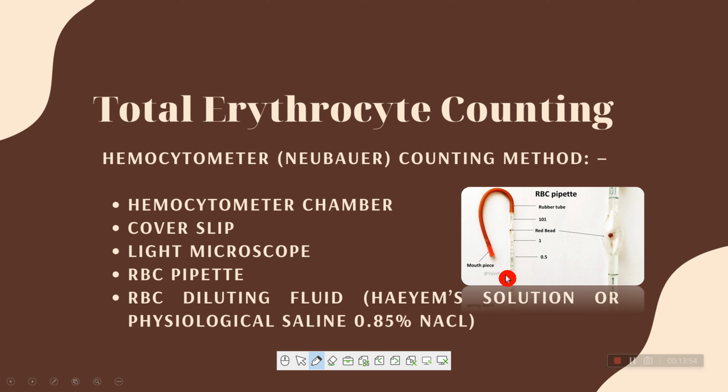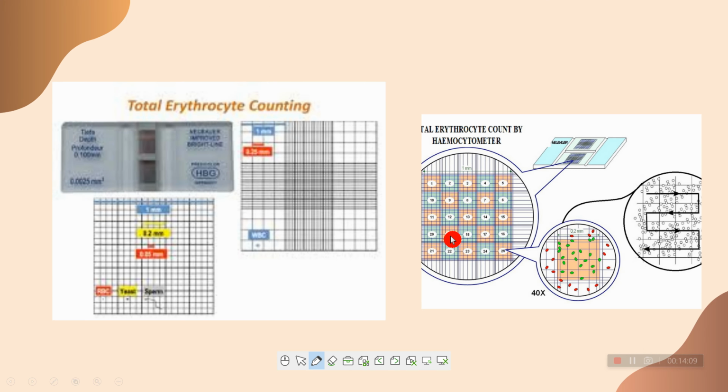into this pipette. Then we mix this blood sample with the diluting fluid and leave it for 1 to 2 minutes so that proper dilution of blood with the diluting fluid can take place. Thereafter, we apply a cover slip on this Neubauer's chamber. This is the improved Neubauer's chamber. When we observe it in the microscope, this type of blocks can be seen. So we count the blood cells in these